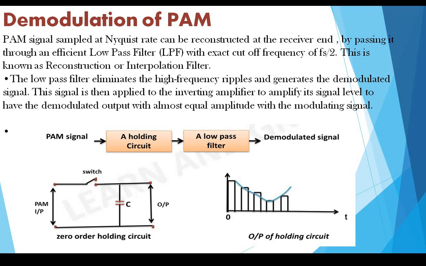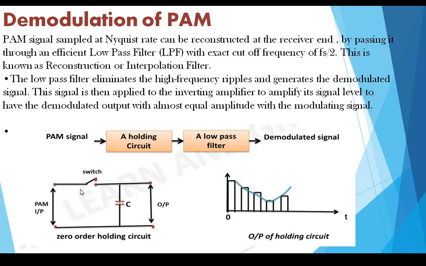switch, and we are applying the input as a pulse amplitude wave, correct? So in this method, in the holding circuit and the low pass circuit which are present over here, the capacitor is charged to a pulse amplitude value and this capacitor holds the value during the interval between the two pulses. Hence the sampled values are held, which I have shown. This holding circuit is used to smoothen the signal. So by using a low pass filter, you will be smoothening the signals.